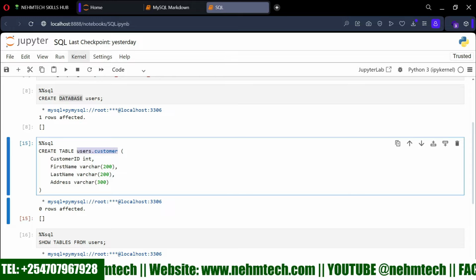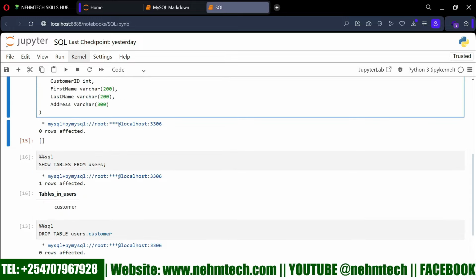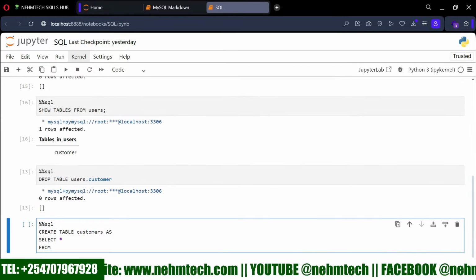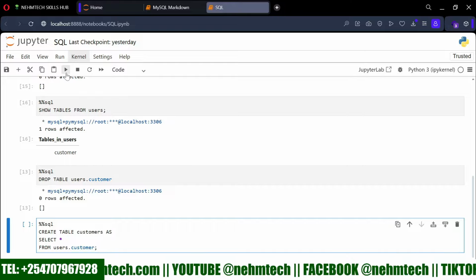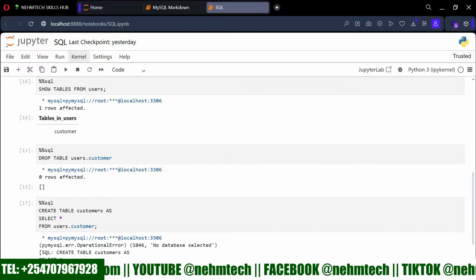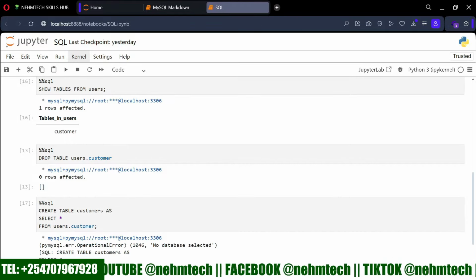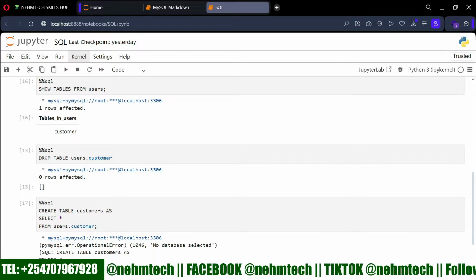So like we're using literally everything from the other table. Even if it had the record, it's going to inherit everything there. So when I run this one, remember I had not provided the